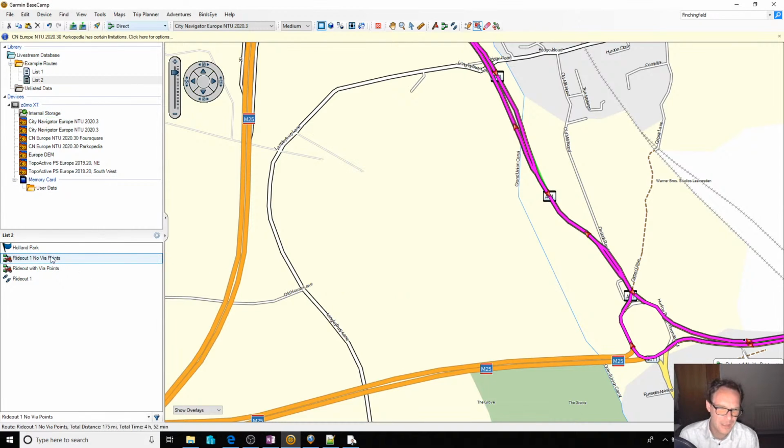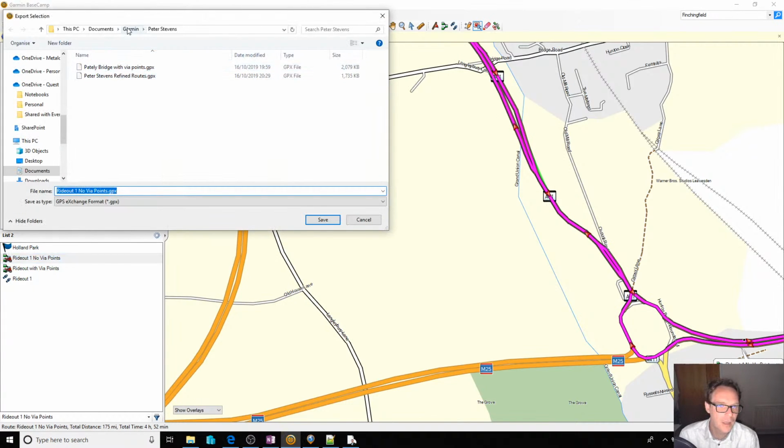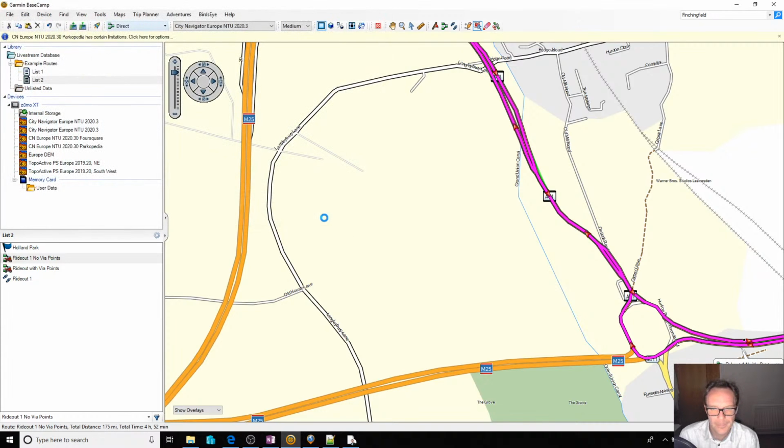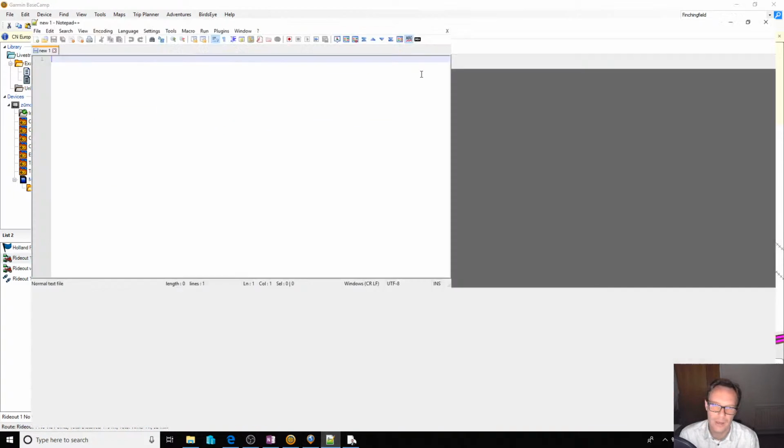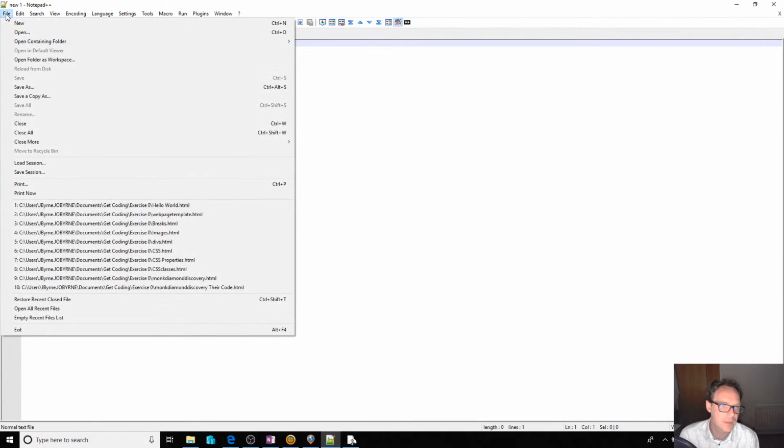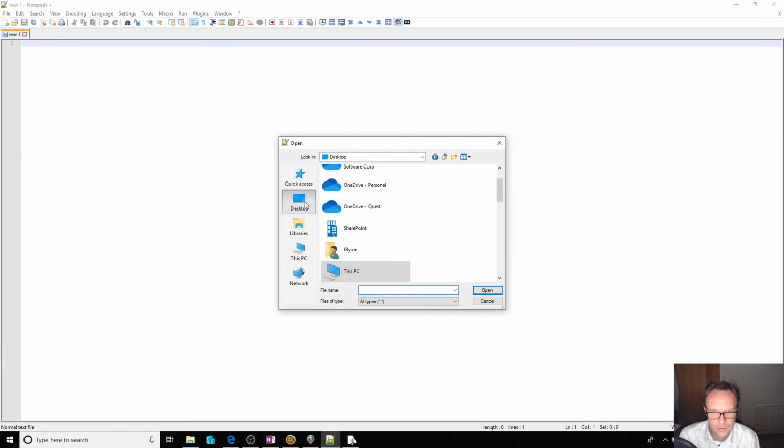I'll just show you this quickly just for interest really. If I go and export that one, so let's go and export selection. So I'm going to export that. Let's go and put it on the desktop. There we go. Just put it there. This is going a bit deeper, but I'll just show you anyway. If I go and open that now in a text editor, so desktop,